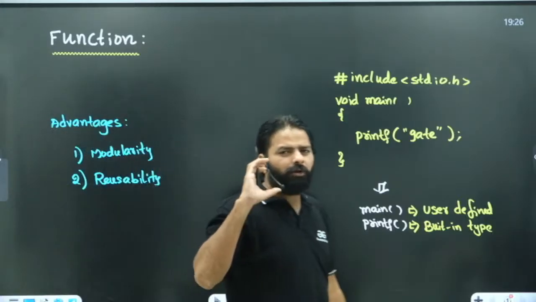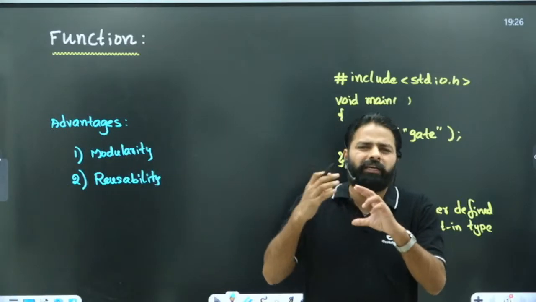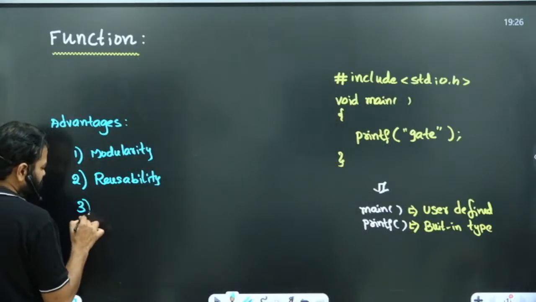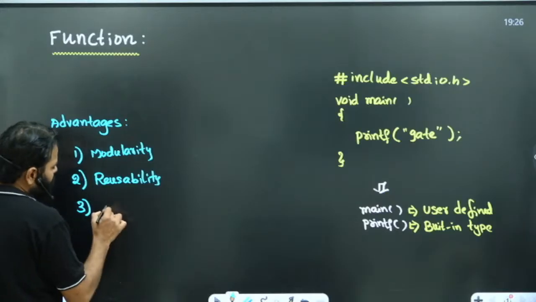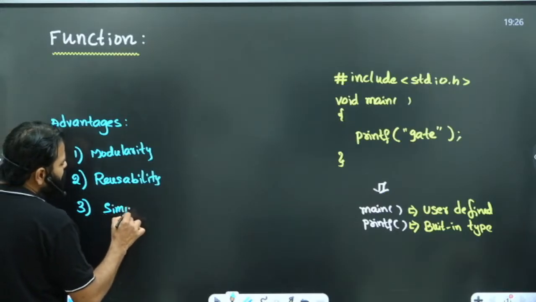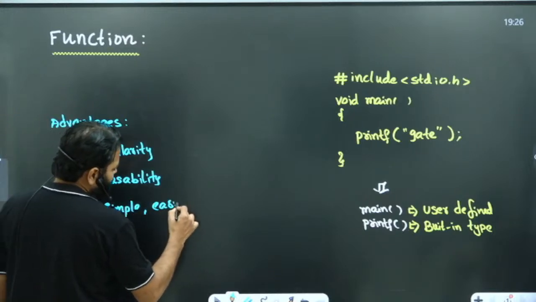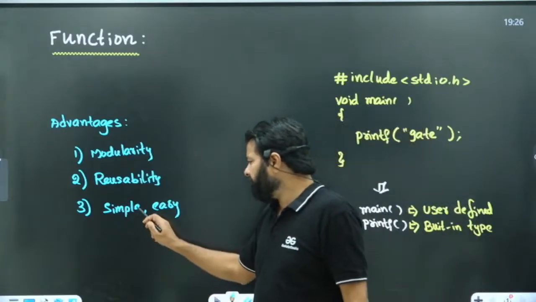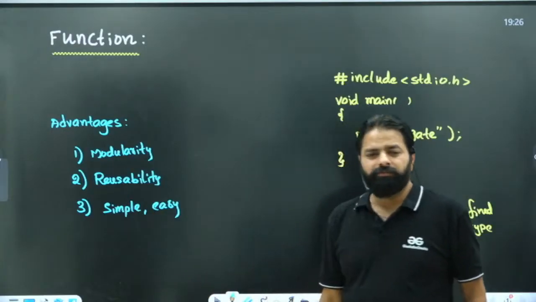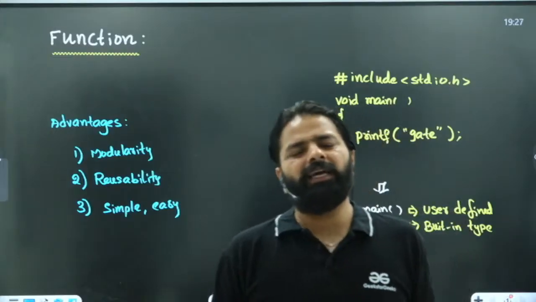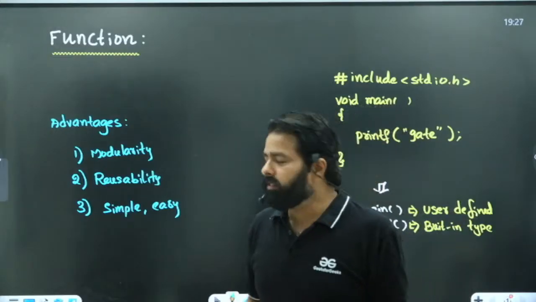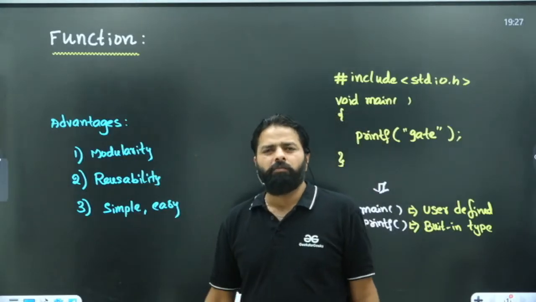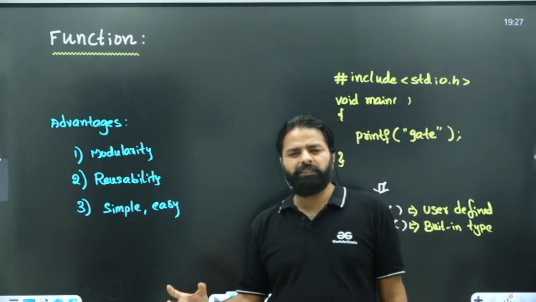So you can write a smaller part of the code, or you can write one function, and you can reuse it as many times as you want. You can reduce the code because of reusability. And आपका प्रोग्राम बहुत सिंपल एंड ईजी लगता है समझने के लिए, नहीं तो बहुत लेंथी हो सकता है कभी कभी. Do you know anything else other than this? If you make the functions in a programming language, what are the advantages that you see? Modularity, reusability, simple and easy.